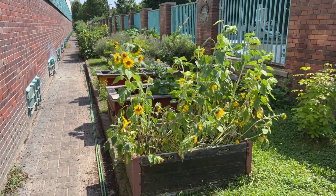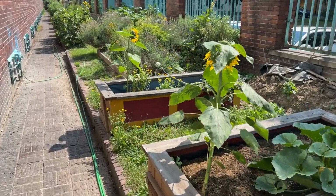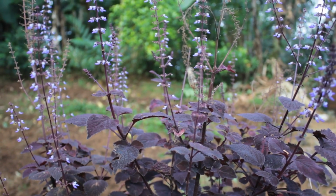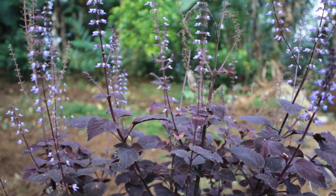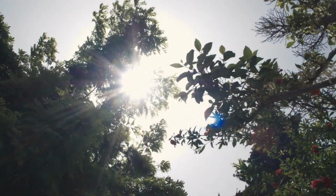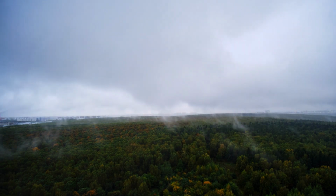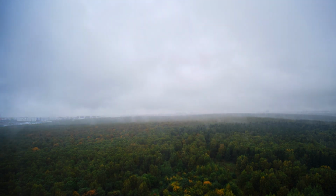and maximize space. For instance, planting tall sunflowers or corn can provide natural shade for smaller, shade-loving plants like lettuce or spinach. This method mimics natural ecosystems, where taller plants offer protection to understory vegetation. The taller plants act as a living canopy, reducing the amount of direct sunlight that reaches the smaller plants beneath them. This not only helps to keep the smaller plants cooler, but also reduces their water needs by lowering evaporation